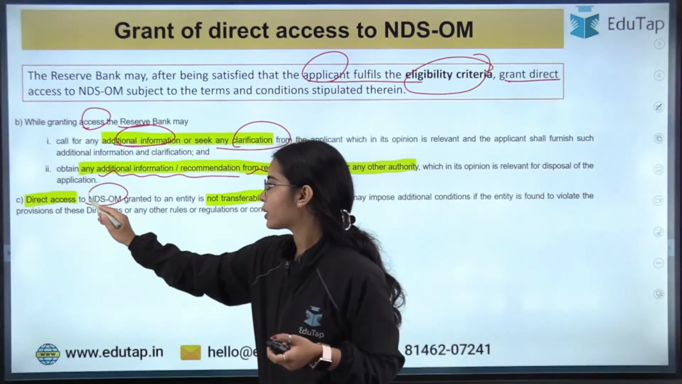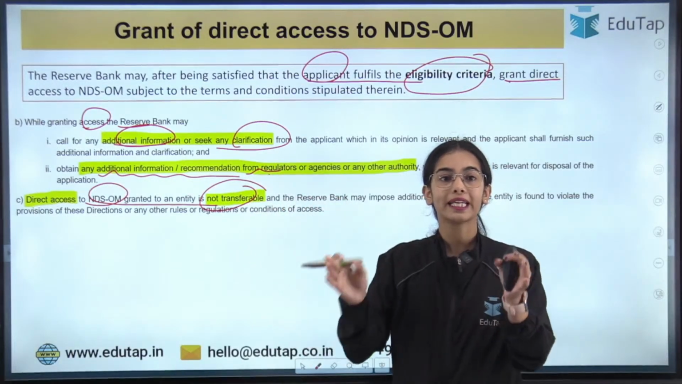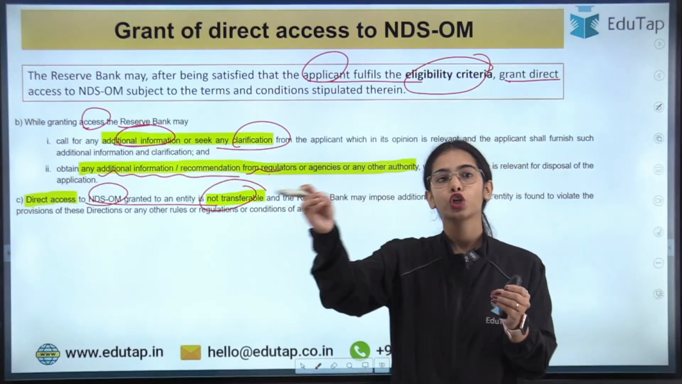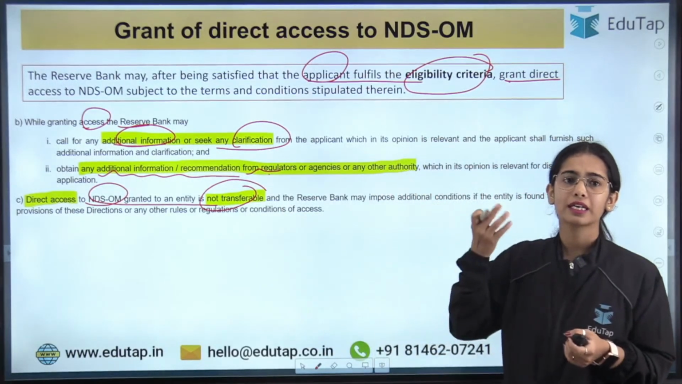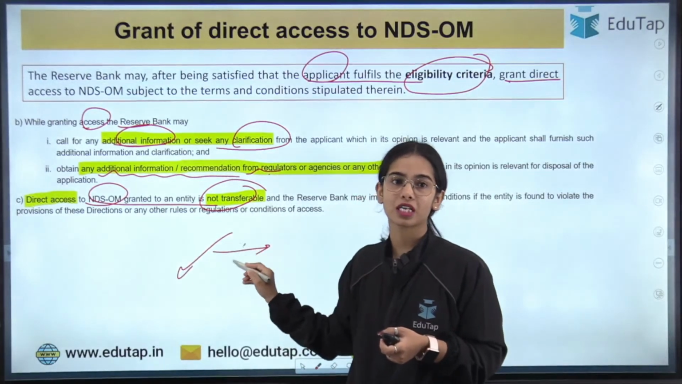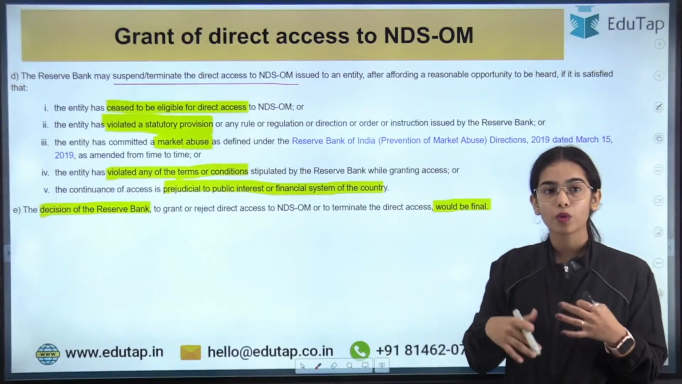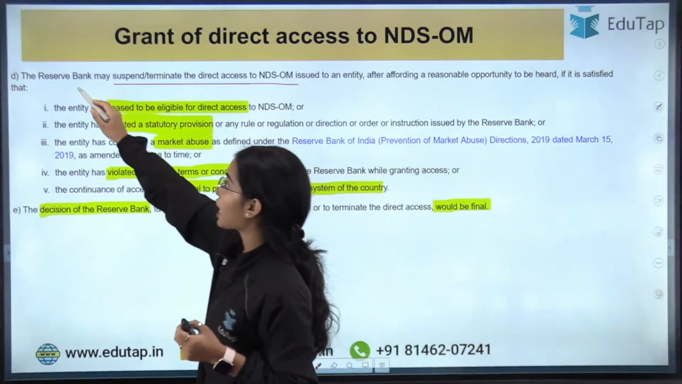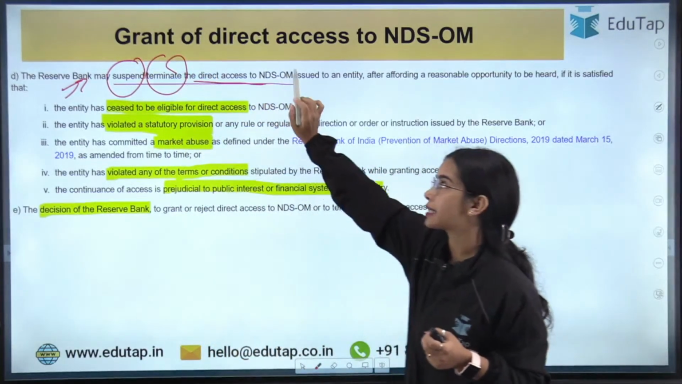Direct access to NDS OM granted to any entity is not transferable. It's not like you can transfer your direct access to any other entity. You cannot do so. That is understandable, that the direct access, if given to one entity, cannot be transferred to another entity directly. Okay. Next is how the RBI can suspend or terminate the direct access to the